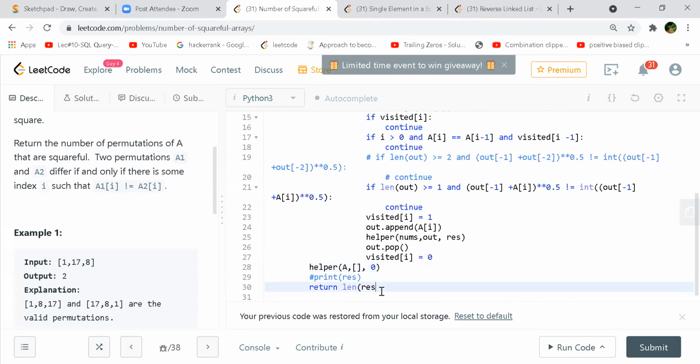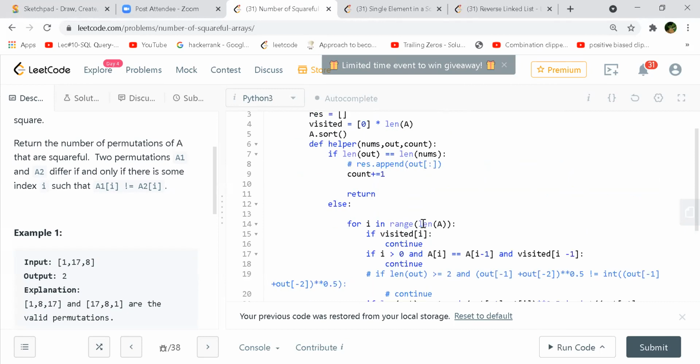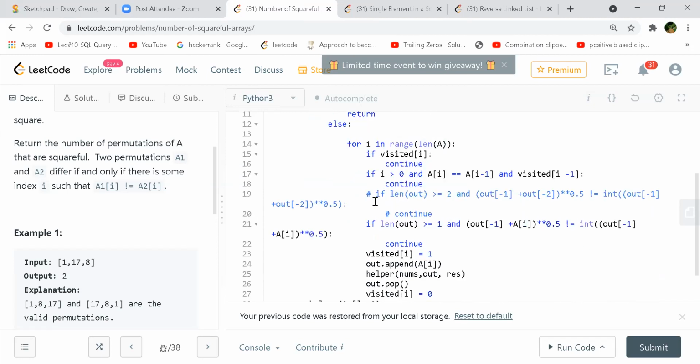No, res you still need, but you don't have to append it. You still have to store it in a temporary list. Otherwise, how will you compare against the length? So if he is moving ahead, it should be fine, right? As long as this is out. Res is the final one, which is containing out. Okay. Yeah, makes sense.